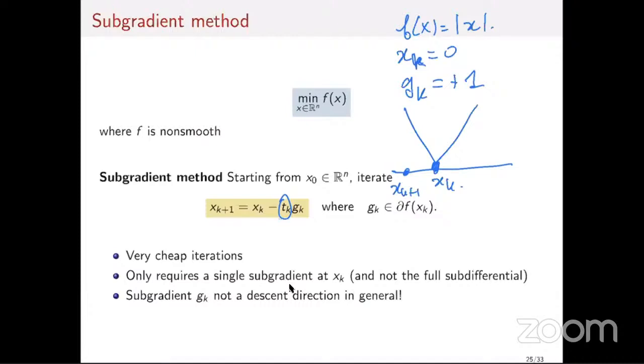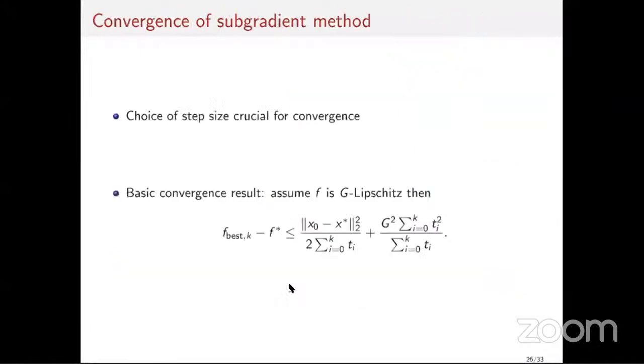Okay, so this is the subgradient method. It's probably the simplest method for non-smooth optimization. The convergence of the subgradient method is kind of tricky. In fact, in general, it is not a convergent method. It will not, in general, converge to the optimal value unless you choose the step size very carefully. What I mean by this is that if you choose the step size to be constant, we will see that in general you will not get convergence. So you have to choose it to be decreasing in a certain way.